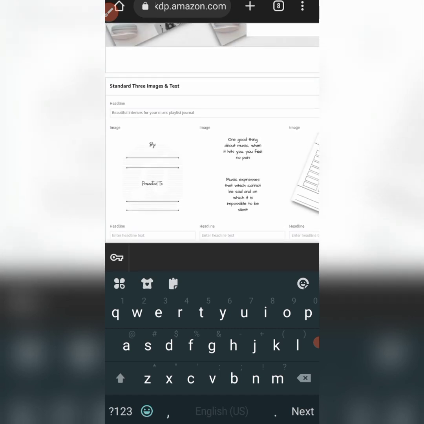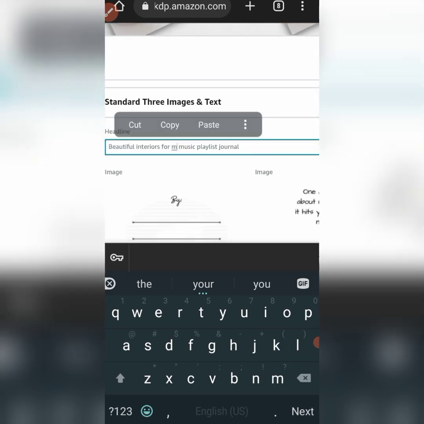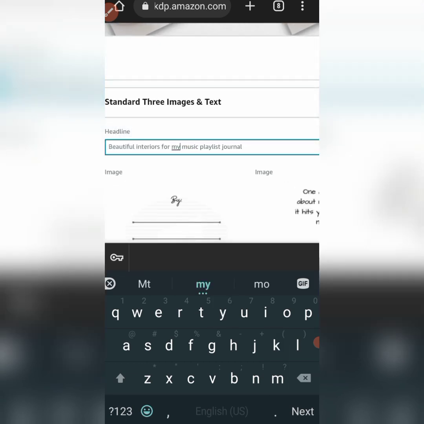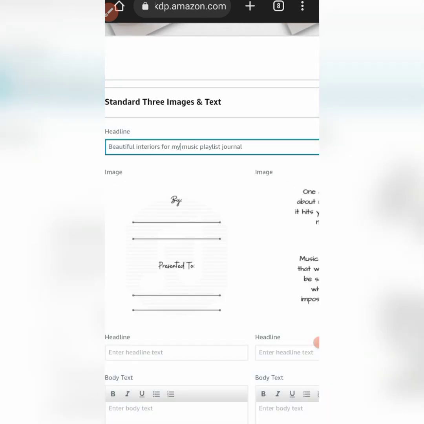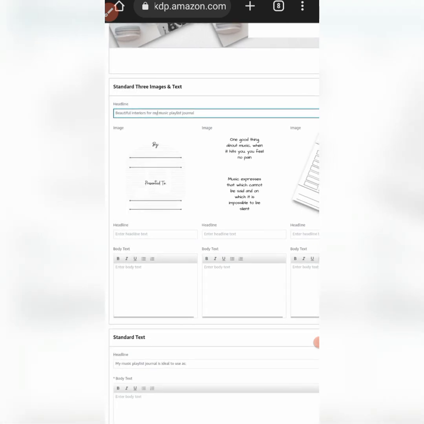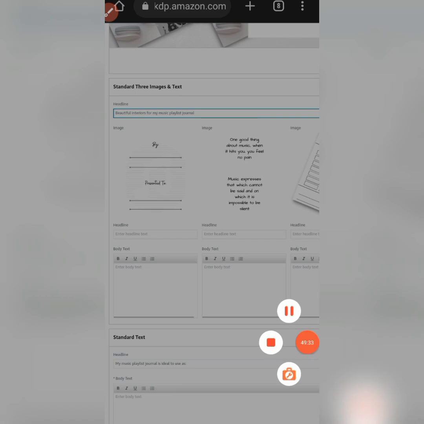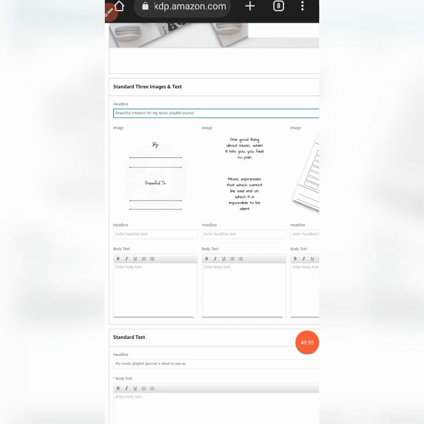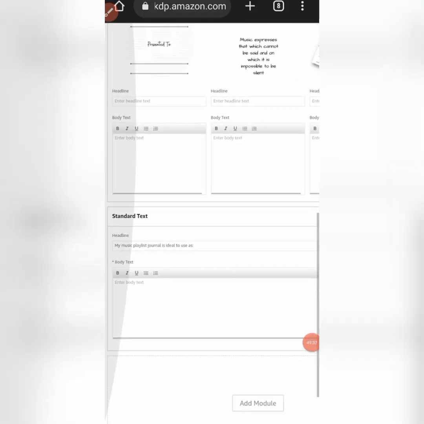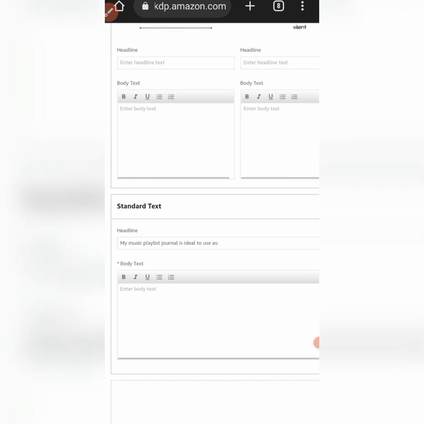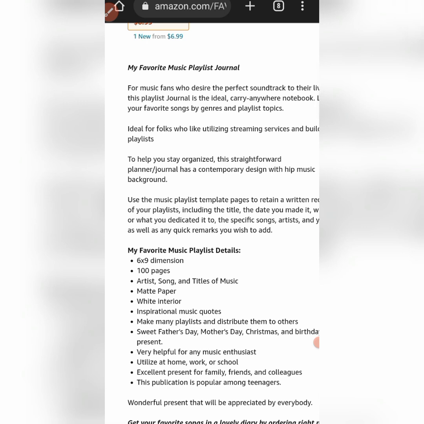Beautiful interiors for my, not your, until you buy them before it becomes your own. It's actually me personalizing everything. So beautiful interiors for my music playlist journal. Okay, so my music playlist journal is ideal to use as, come back to the description,